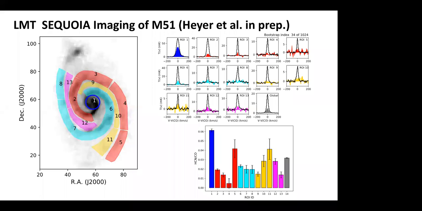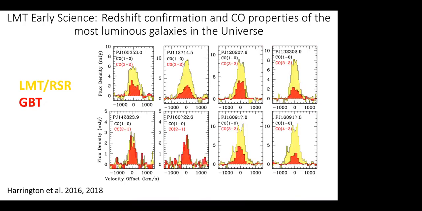And interestingly and somewhat surprisingly, basically he's finding that there is no dependence of dense gas fraction between arm and interarm region. So he concludes that the spiral density wave somehow does not play a role in dense gas fraction, which is not what most people have expected. It's work still in preparation, but I think it's one of the more interesting results that came out of LMT in recent history. Next slide.